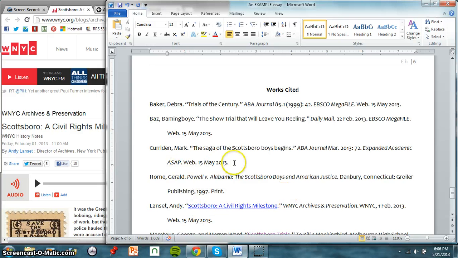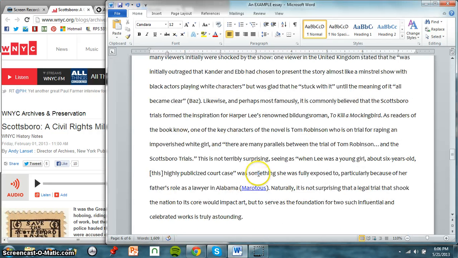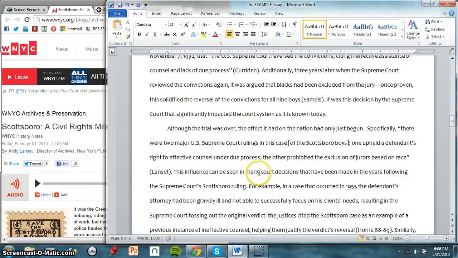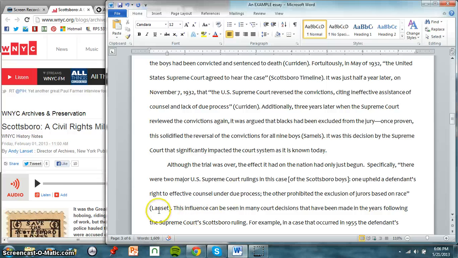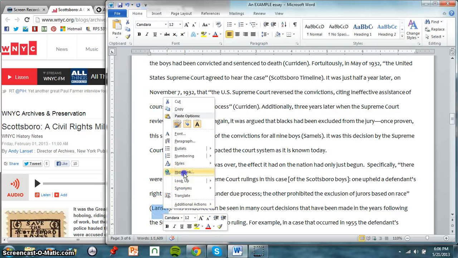Once I've done it here in the works cited, I then need to find where I have cited those internally and do the same thing. So I'm going to go back up to page 3 where I cite this Lancet piece. And on page 3, the first place I cite it is right here. This is a traditional citation. I've got the author's last name in parentheses. Right-click, hyperlink,